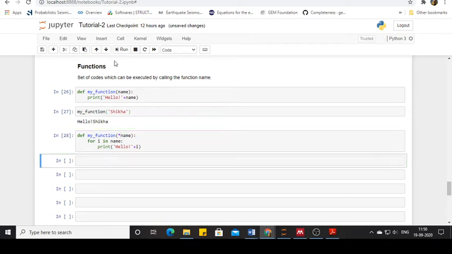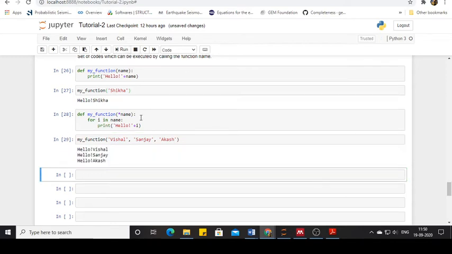So now I'm going to simply define this function, and then I'm going to call the function, and I will give a set of names, say Vishal, then Sanjay, and so on. I can give Akash. Okay. So here, as you can see, it says hello Vishal, hello Sanjay, and hello Akash. So with a single click, we can actually execute this for multiple input parameters. So this is one of the advantages of using the asterisk symbol when you are mentioning the number of input parameters